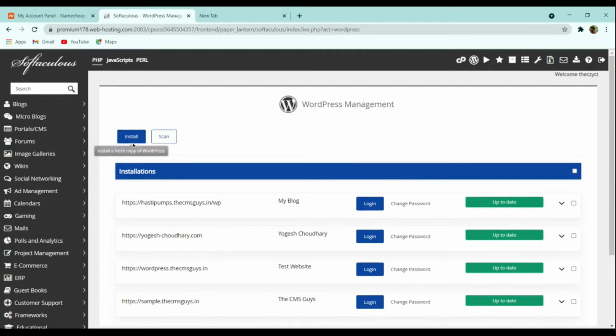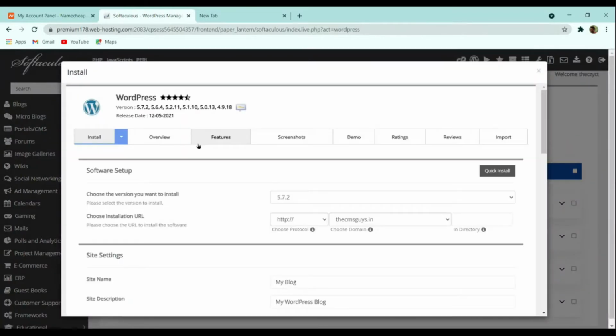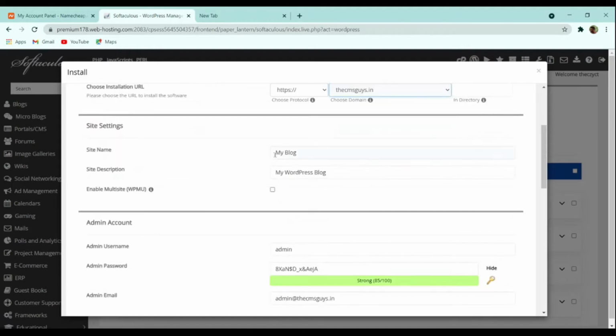So for it, we have to fill in the WordPress details. First of all, click on install, and then here we have to search for the domain. Here you can see this is my domain name where I want to install. I have selected cmsguys.in, and then we have to fill in our site name and site description.